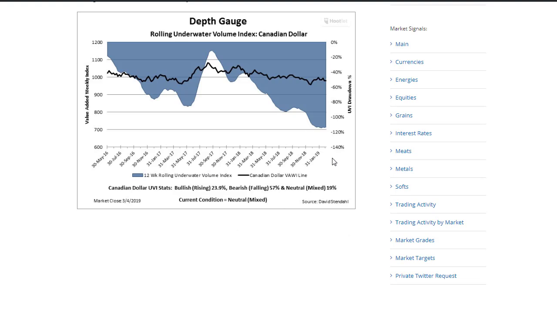Now, we also have the depth gauge, and I just want to point this out. You can see that it's been basing here with the Canadian dollar, at least according to the depth gauge itself, where there's been a little bit of ambiguity, a little bit of pops to the market. The current condition is neutral, so this is a longer term indicator. Point being,